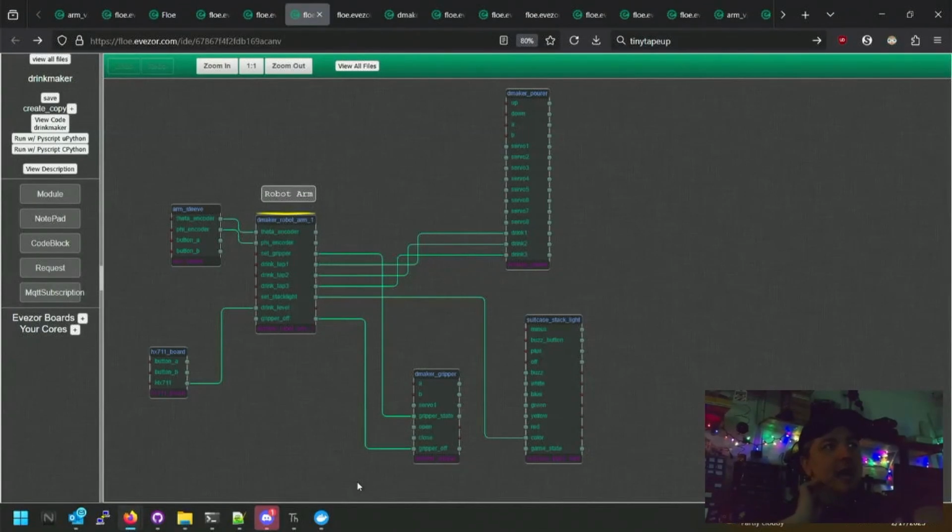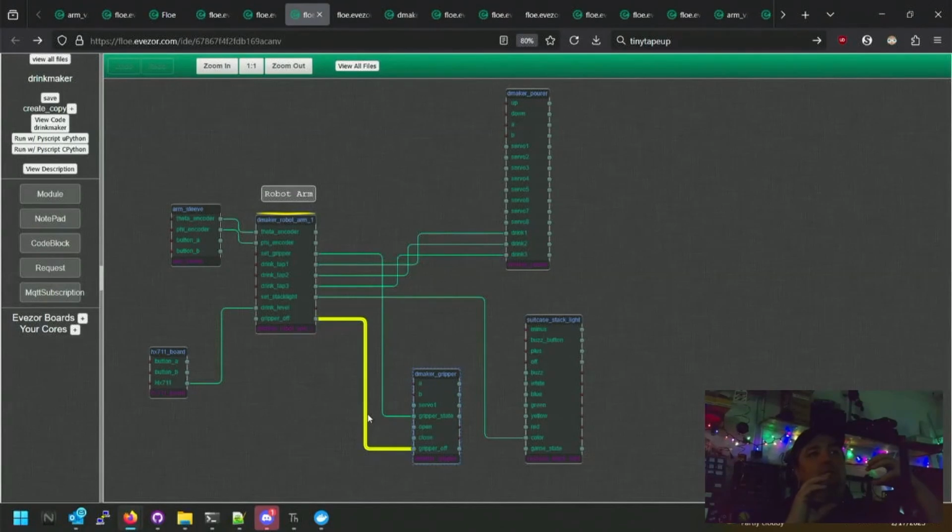For those of you who came to the launch event, and thank you to everyone who came, we had a drink maker robot, and on there were a whole bunch of different circuit boards. Each one of these little blocks here is another separate circuit board. And so when you drop them all onto this canvas and you wire them up, then the API between what this thing called gripper off and this thing that also happens to be called gripper off is automatically taken care of